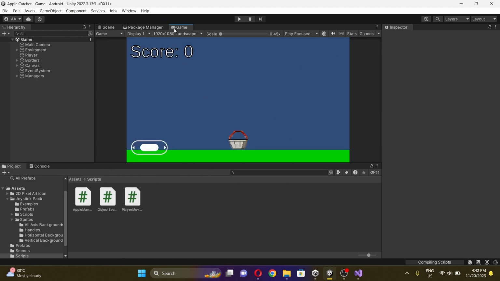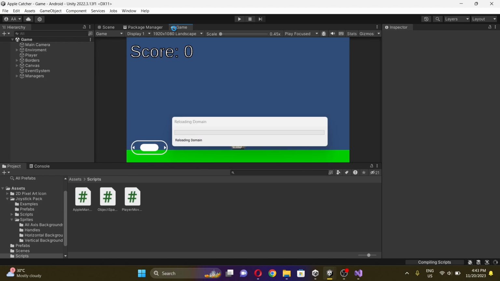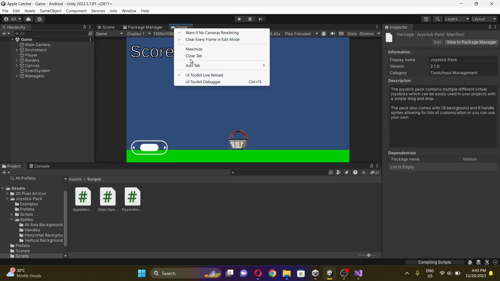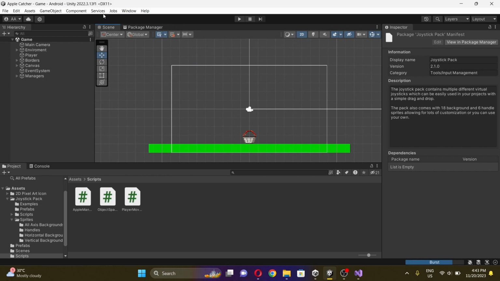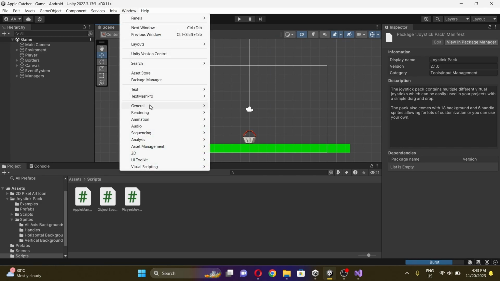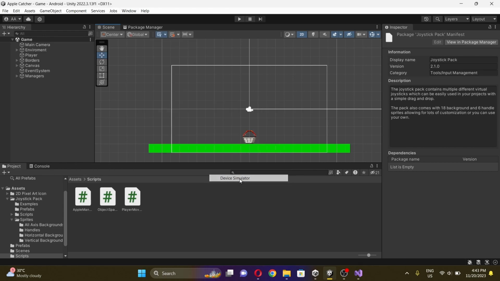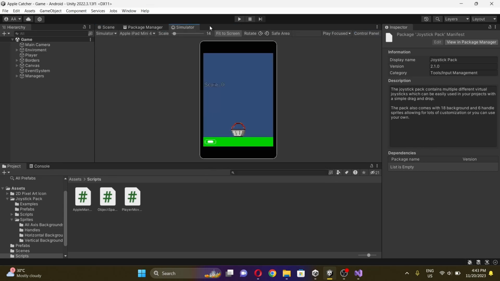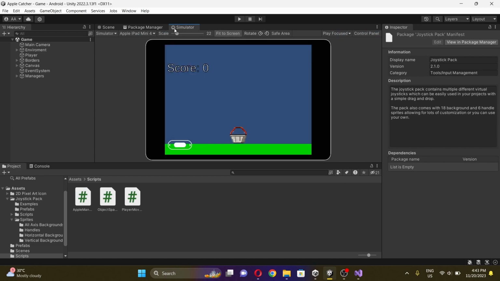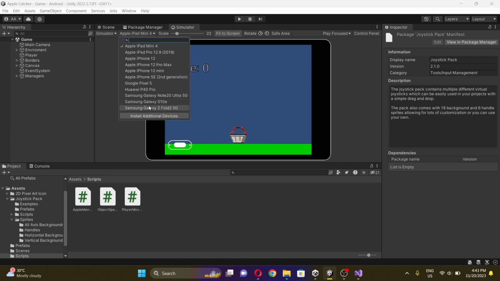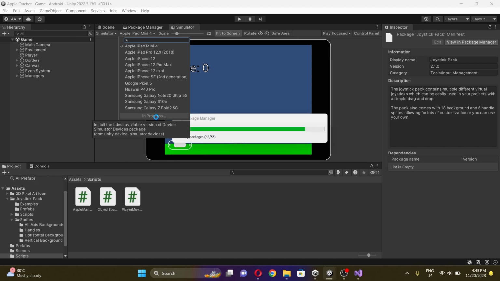So what we'll do is right click on the game view. Okay, it's compiling a bit more, and okay, now we can hit close tab after we right click on the game view, and we'll go to window, and over here to general and device simulator at the bottom, and we're going to dock it close to the package manager and rotate it. And you guys can see many of these mobile phones, such as Samsung, Apple, Google, and many more,